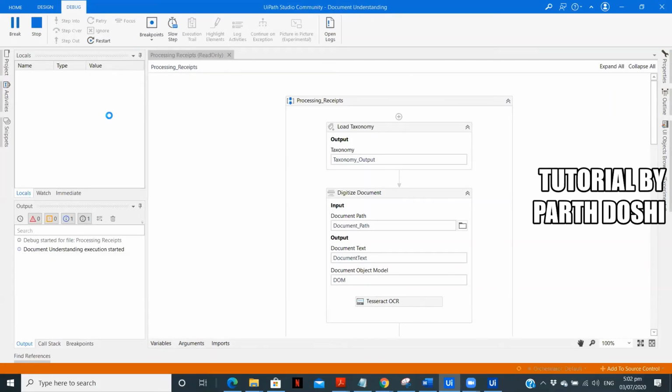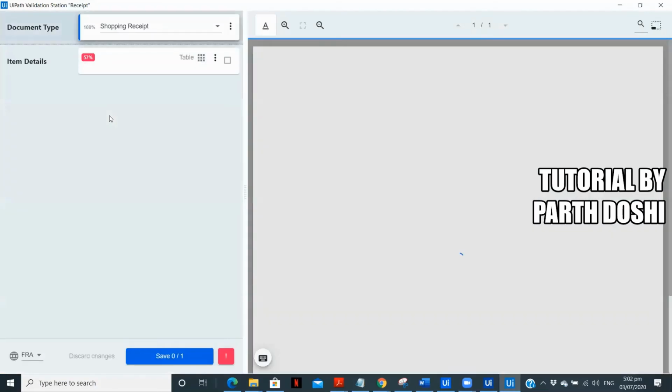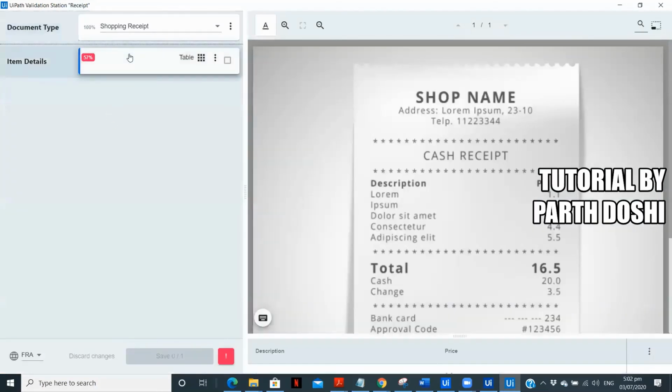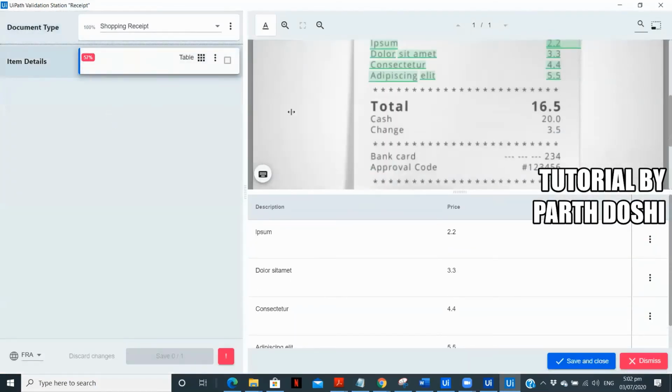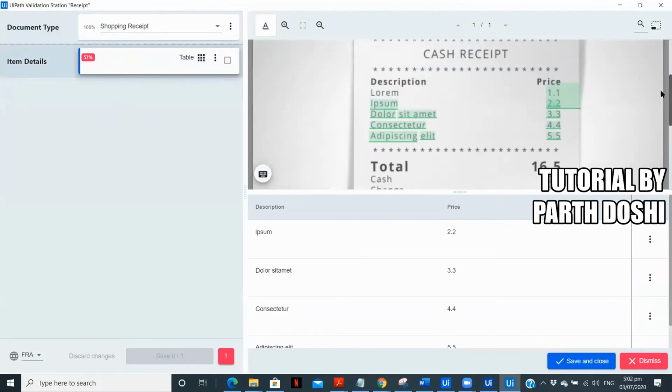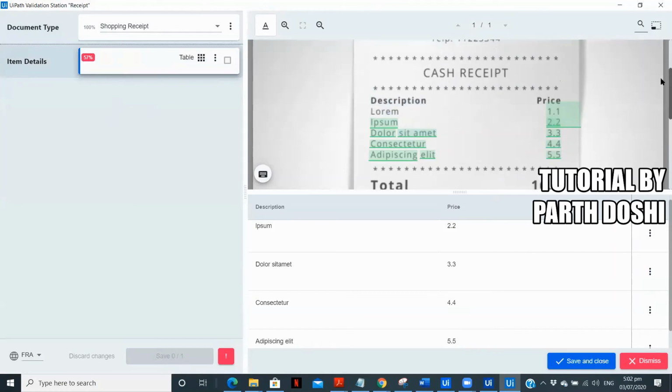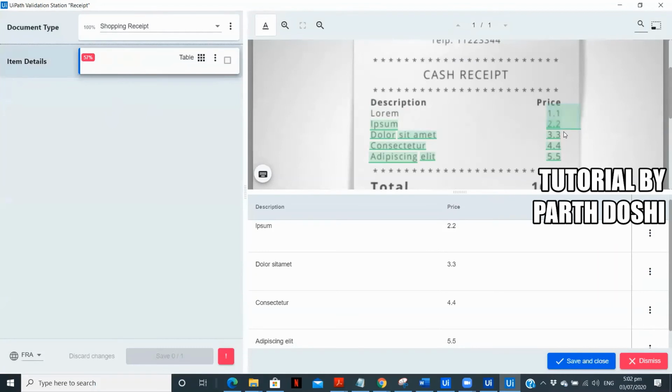Now let's wait till the present validation. Oh, it's already done. Now let me click on table. You can see there is 57. Now, as we can see, the data extracted is from the second row and not from the first. This is because there is a problem in this particular image. It might happen that we don't have a proper image or something. Here, as you can see, when 2.2 is selected, it is selecting the upper part. It is highlighting that particular part.